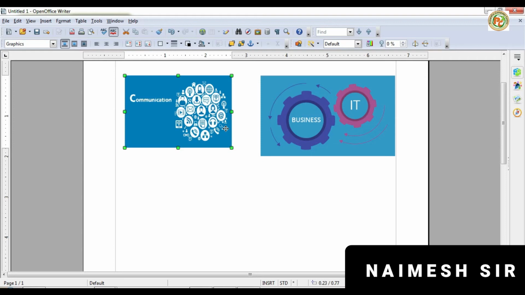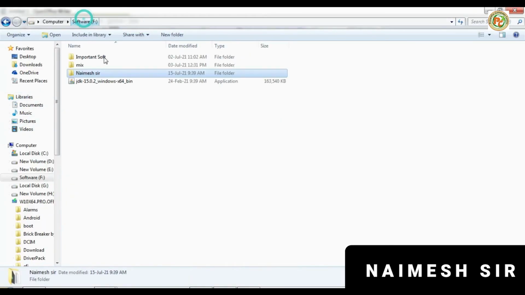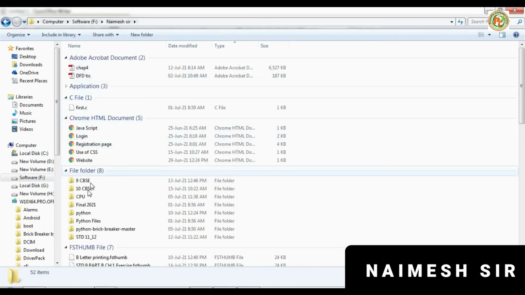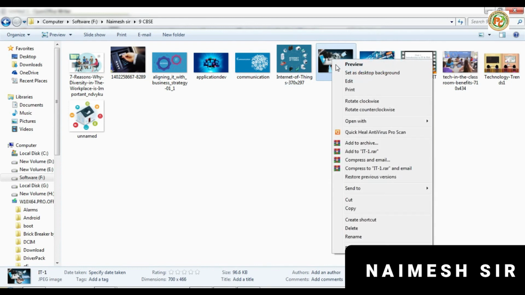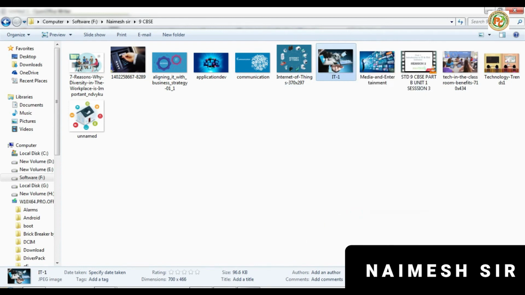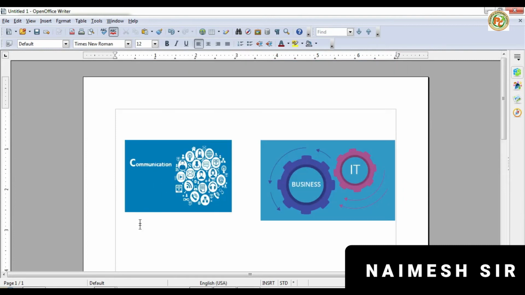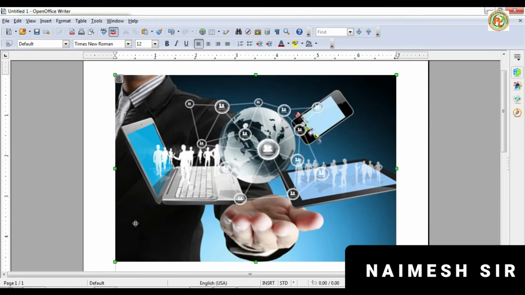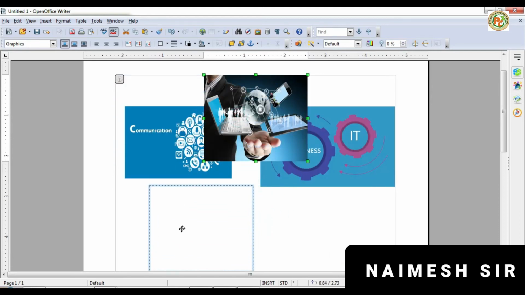Now if you want to copy it, you can copy it also. Open that photo, and then we can click it. Here it is. Then we can just right click on that, make a copy, then open the Writer and click here at the bottom, and then Control V. It is called the clipboard copy. Using this we can also copy and paste the image inside the Writer document.